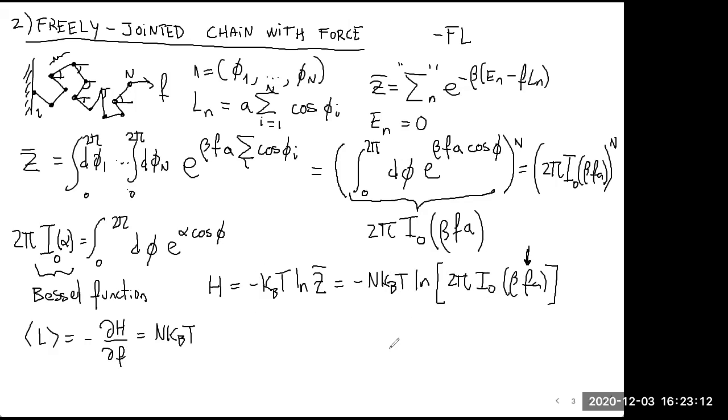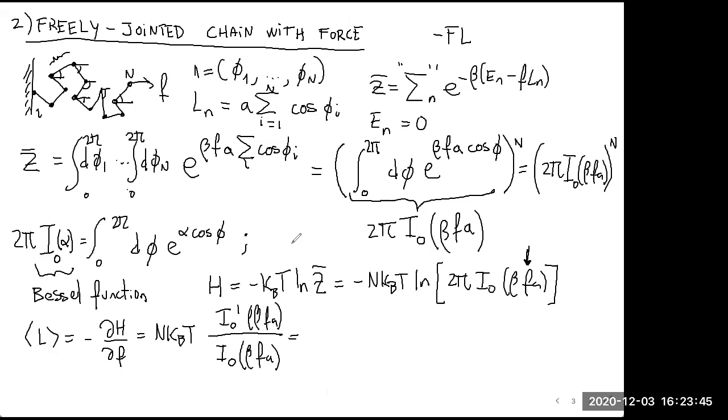There will be 2 pi and 2 pi which cancel. So there will be in the denominator I0 of beta fa, and in the numerator is the derivative of I0 of beta fa. Okay, this is the derivative with respect to f. Okay, so if you make this derivative, what comes out, and now let me tell you something, is that this